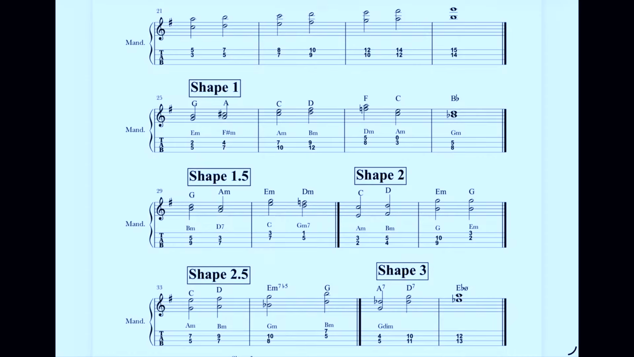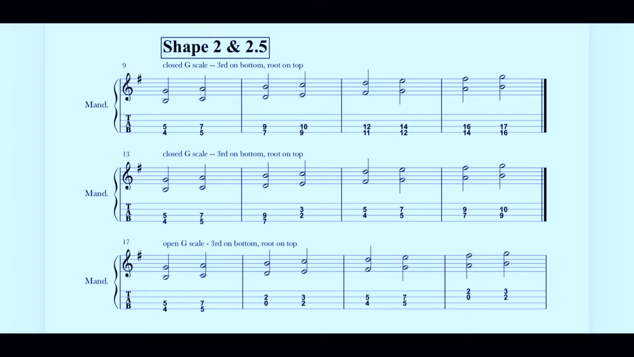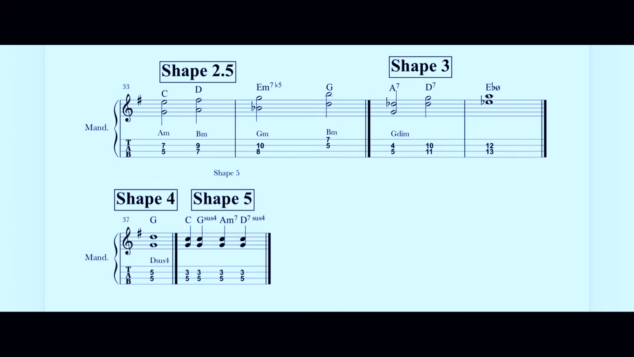So let's look at shape 3. Now 3 is a diminished shape, and if we look at the first one, it's an A7 chord, which is a C sharp, D flat, is what's written there, and that's a product of notation. I still can't figure out how to make that always show up as a sharp as opposed to a flatted one above it. But C sharp,